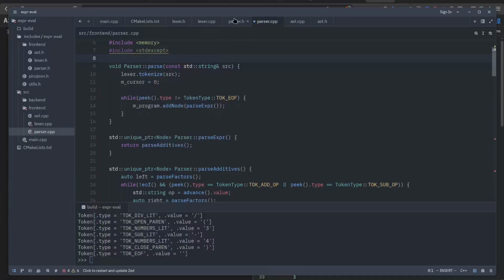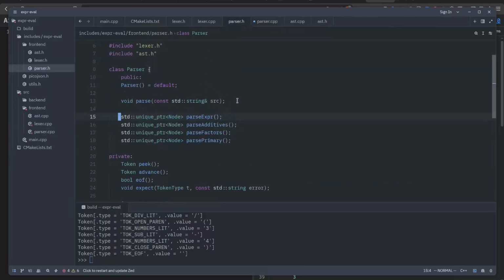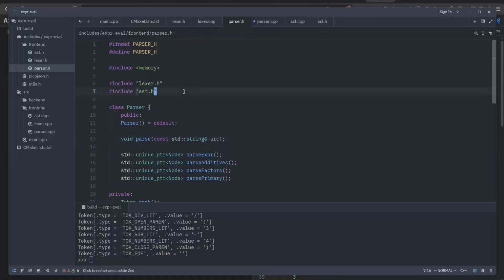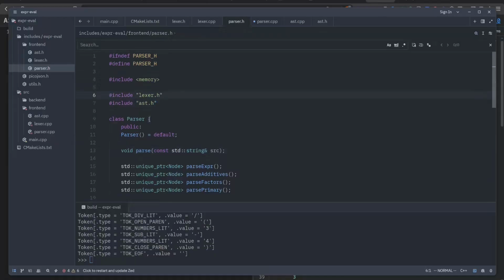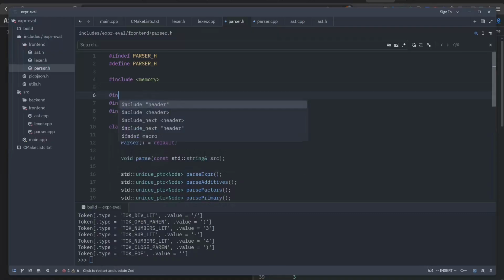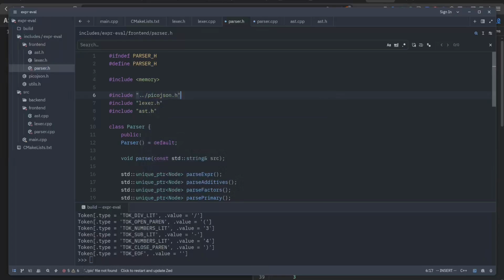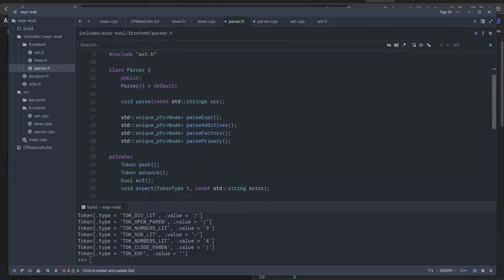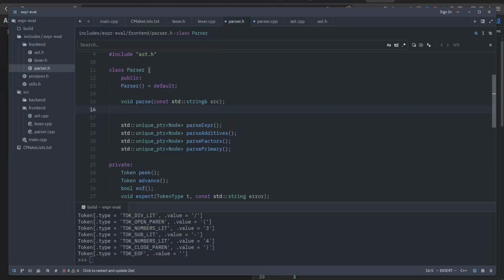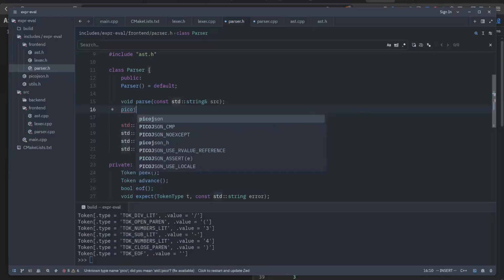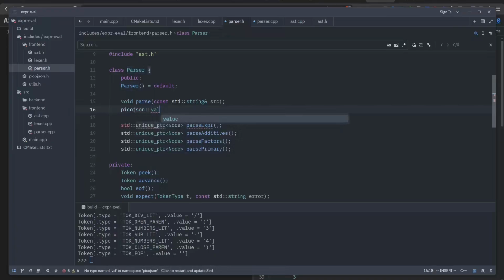Let's go to our parser.h, and in our parser.h, also need to include picojson.h. In our parser.h, I will also do a similar method called dump. So I'll do picojson value dump,